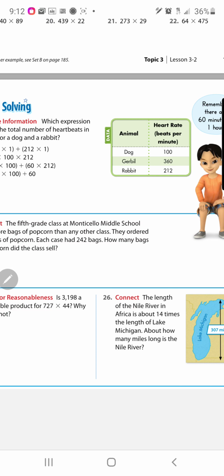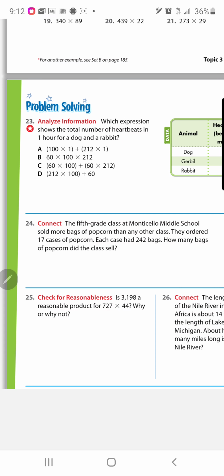And let's go ahead and go on to number 25. It says, is 3,198 a reasonable product of 727 times 44? Yes or no? Well, to avoid going through the entire process, I'm just going to give you the product, and the product is